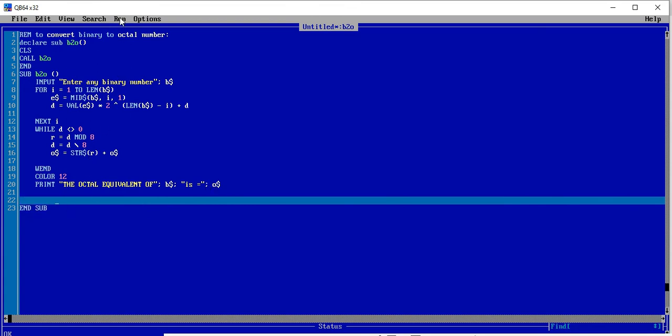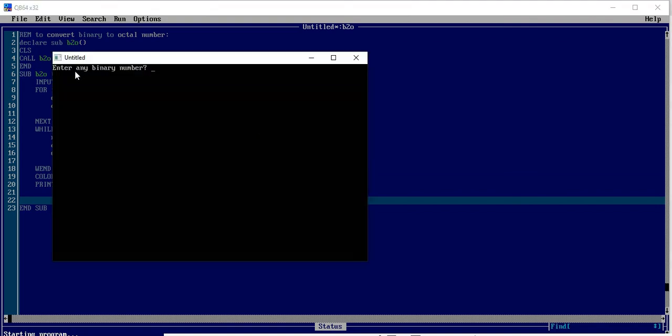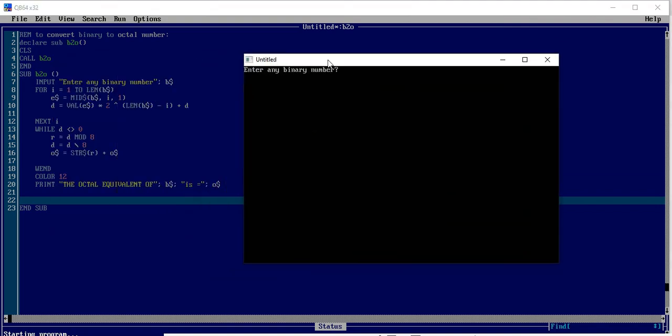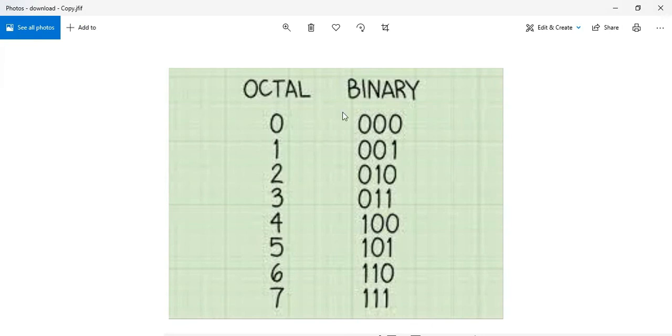Let me run this program to check whether it is correct or not. Okay, here the input is: enter any binary number. Let me enter some binary number, and I have the table. Let me check whether our answer is correct or not. We will enter 111 for the octal 7.